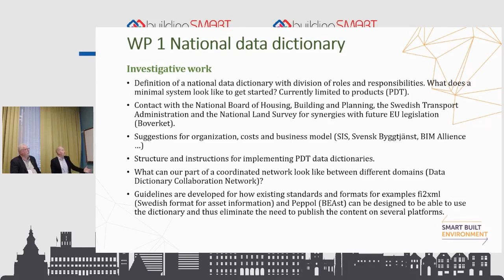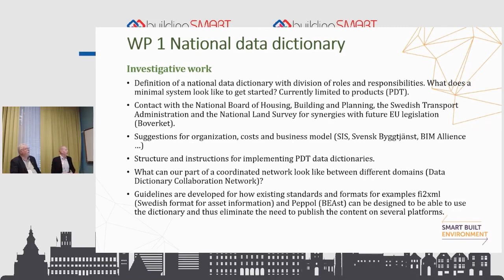We also want to investigate this then connected to the National Board of Housing, Building and Planning, and Swedish Transport Administration, and National Land Survey for synergies with further EU legislation. That's also connected to the Swedish set.